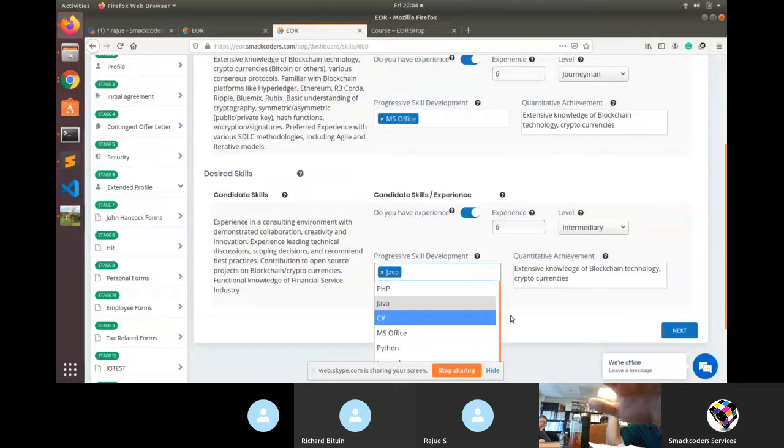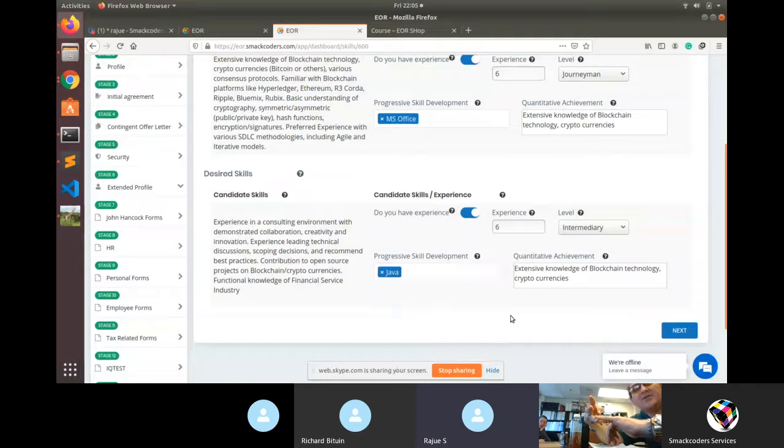I mean, you can say, do you have experience with this skill? Progressive skill development says, I did ANSI C, then I did C, then I did C#, then I did Java. That's progressive skill development. You understand? Understood. Okay, good. So that's where that needs to change. It's the logic of it, but it's just a small tweak, but we're in a good place.